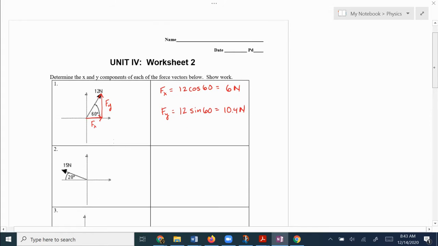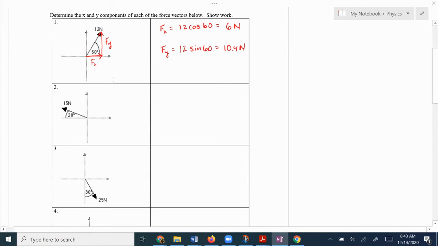Okay, moving along. Next one. This one, when you turn it into the right triangle, it's going to look like that. Basically, the horizontal part to the left is going to be your Fx, and this is going to be your Fy. Same thing, Fx, that's the adjacent, so you're going to take the hypotenuse, which is 15, times the cosine of 20 degrees, and that's going to give you